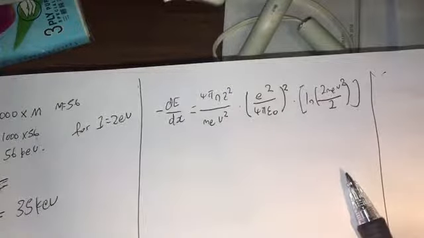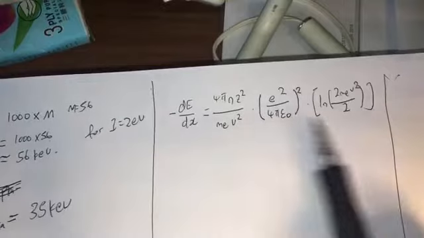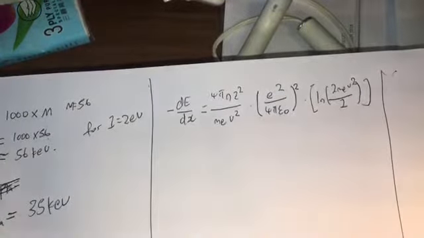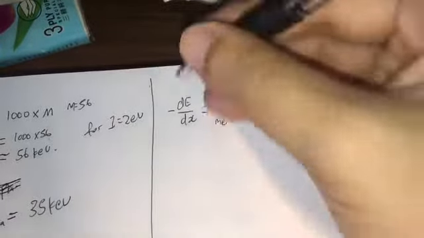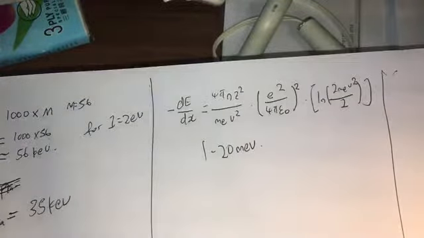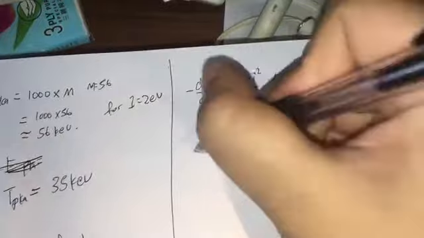I'm not going to go into too much detail, but this is for the non-relativistic one, and it's still applicable for ions moving pretty fast, maybe on the order of 1 MeV or more. So maybe in the 1 to 20 MeV regime, this may apply. But our PKA is much less than that. So does this equation still apply? Not necessarily. So in the very low energy range,